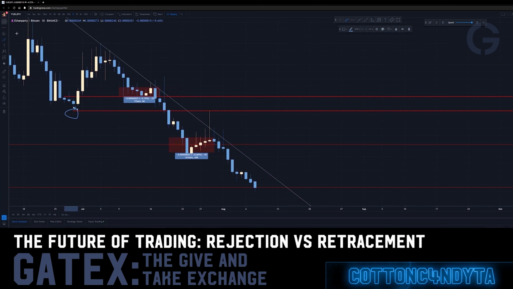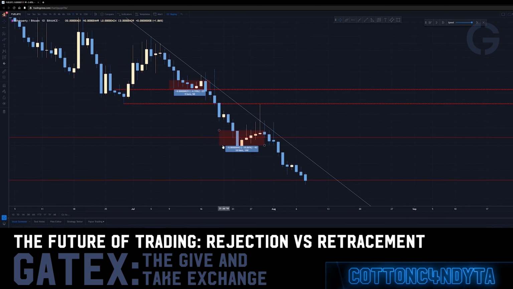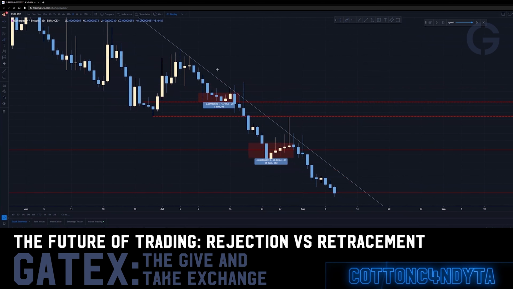I don't think people are going to need a big explanation on that, because you guys are getting really smart with this stuff and being able to catch this very quickly. The difference when you look at something like this, that actually has the viscosity to move up, you can see it's not this kind of situation where you have a rejection candle, and it doesn't matter what the candle looks like. Again, the name of the candle means nothing. I just call it failed accumulation.